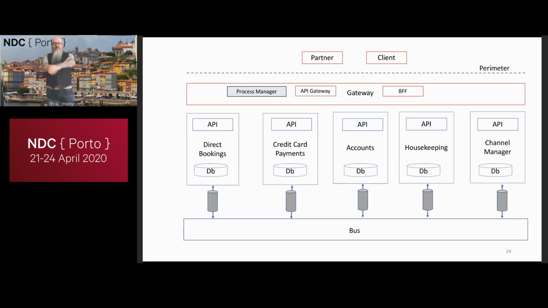So here's that model again. When we talk about a gateway layer, I'm going to talk about a number of things as being in the gateway layer. When we talk about gateways, particularly API gateways, some of us tend to think that's an off-the-shelf product that I can deploy in AWS that sits in front of my service and does some load balancing and routing. I want to avoid that concept. Gateway for me here is a layer that sits over our microservices and manages some of the interaction we have with them. So we'll ignore process managers for the time being and just focus on API gateways and BFFs at that level.